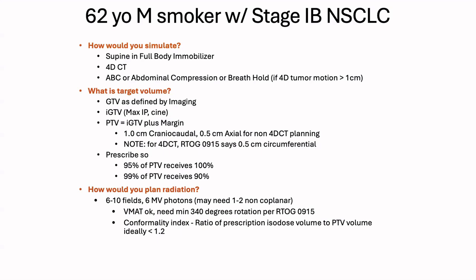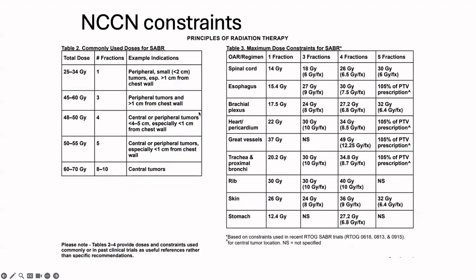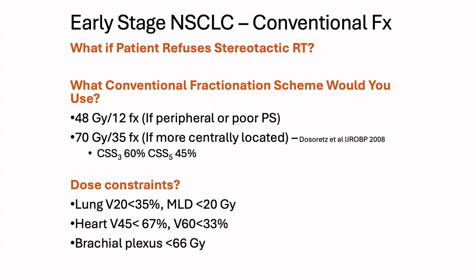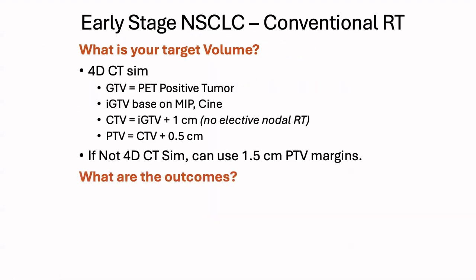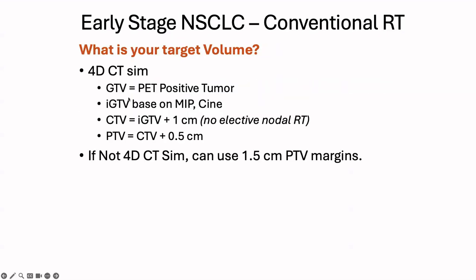SBRT, this is maybe not the best slide for this explanation, because with SBRT we often don't think of putting on a CTV. So let me see if I can get to a different one. We often don't think of it as putting on a CTV, but instead we'll go straight to an expansion from gross to planning. There have been arguments as to whether or not there truly is or should be a CTV for SBRT